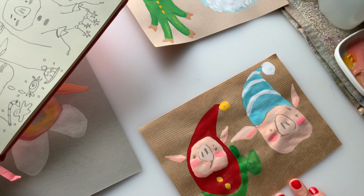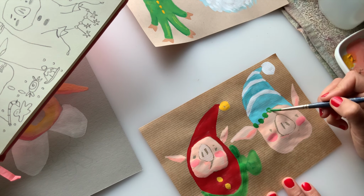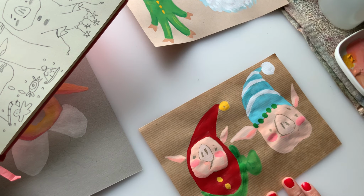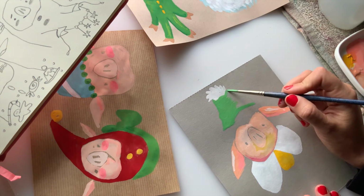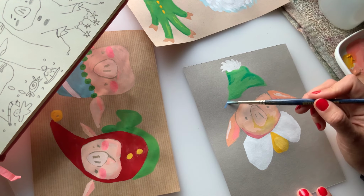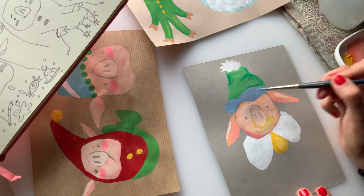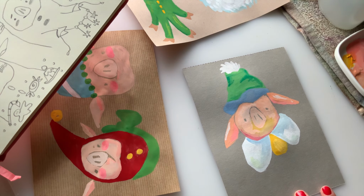But my husband and I have been toying with this idea of digital nomading because we can and we like to travel. So I'm trying to make it so that I can. I'm curious to see how this all scans in. I think there's a possibility that the light will push the image forward and the gouache will actually be very impactful in the scan. What I like about, oh shoot,